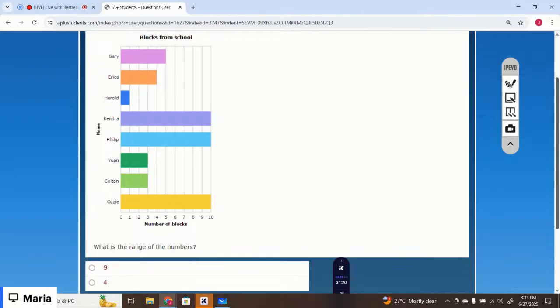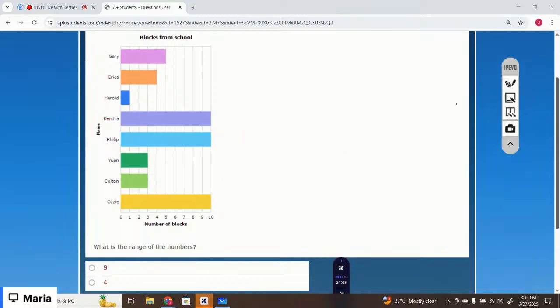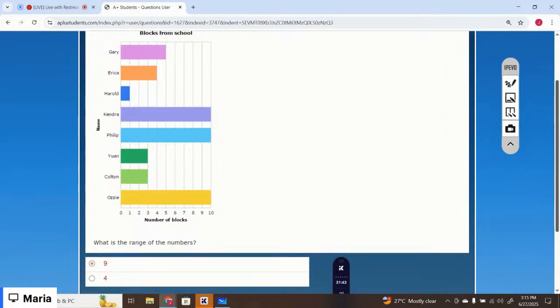The greatest number in the data is 10 and the least number is 1. So the range is 10 minus 1, which equals 9. So the range of the numbers is 9, and the correct option is